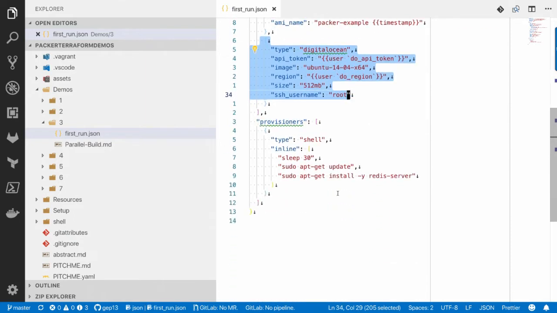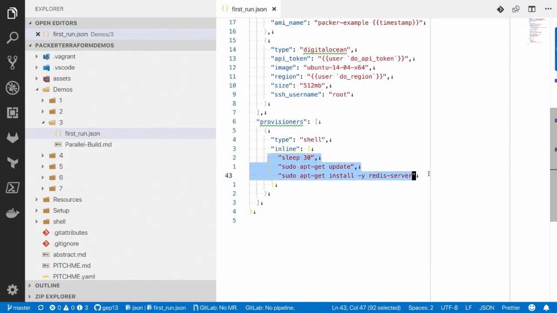And this is where things are going to get a little bit scary in my mind, right? I'm a Windows guy, although I've got a Mac. I'm going to attempt to provision a Linux machine in AWS and DigitalOcean, and onto that machine, I'm going to install a Redis server. So we're actually going to do something on these machines this time around. So in here again, you could put any provisioners that you wanted. I'm going to attempt to install Redis, right? So to make things a little bit